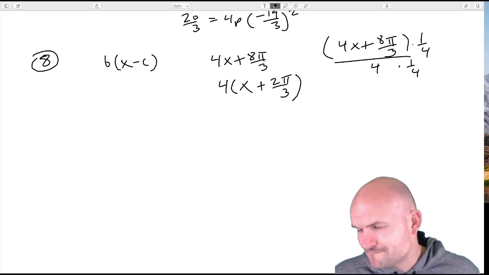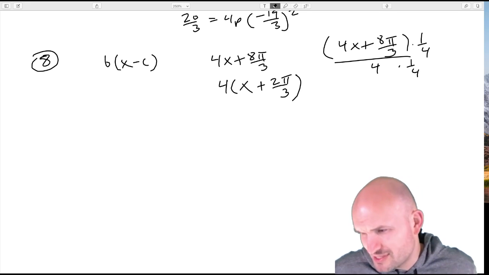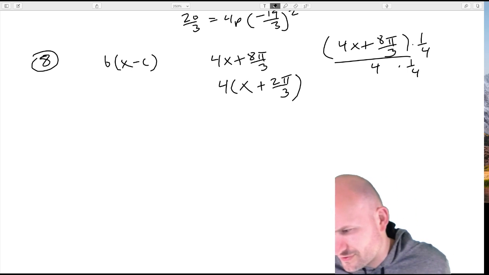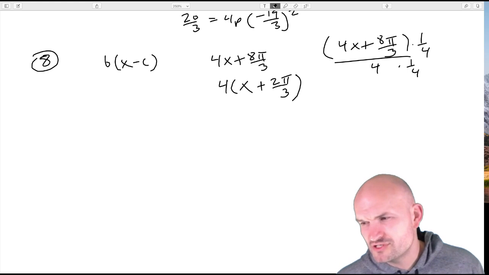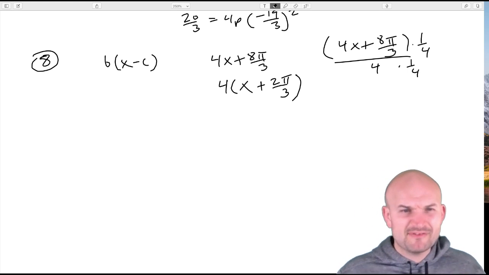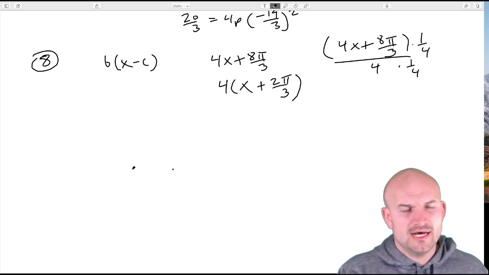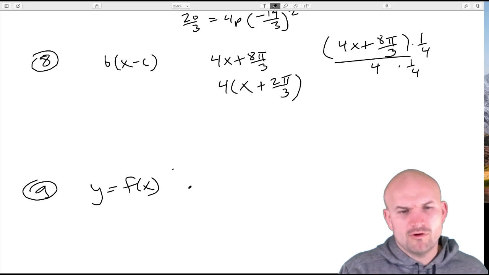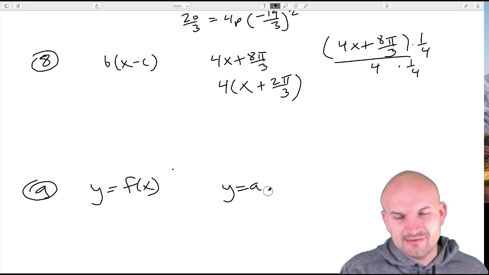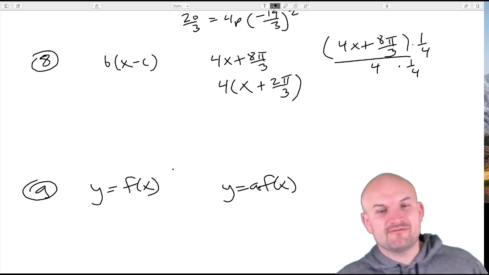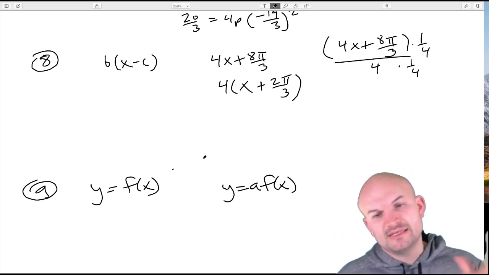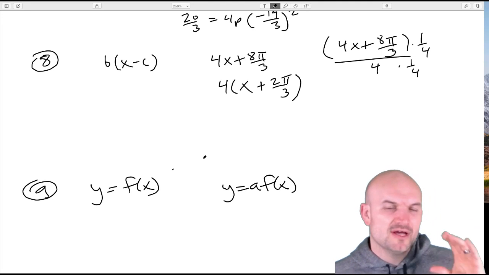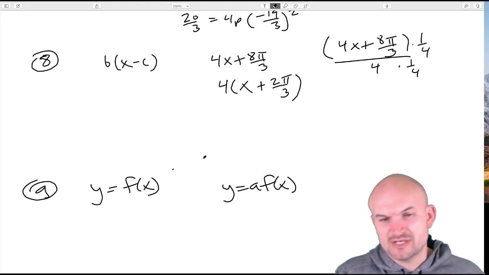All right. Let's see if there are any more questions before I get off. When you go over graphing radicals, what do you do with the number before the square root? Just remember that when you're graphing really any function, if I have y equals f of x, well, when you're graphing y equals a times f of x, meaning a number in front of the function, it's multiplying, so that's going to vertically stretch or compress the graph. When a is larger than 1, that's a vertical stretch of the graph. When a is less than 1, that's a vertical compression of the graph.